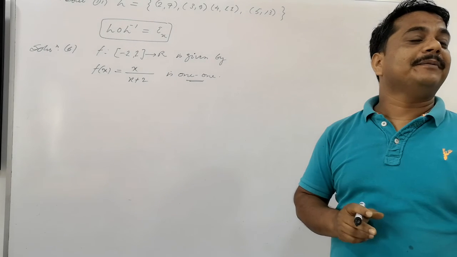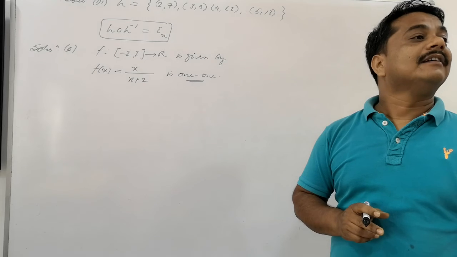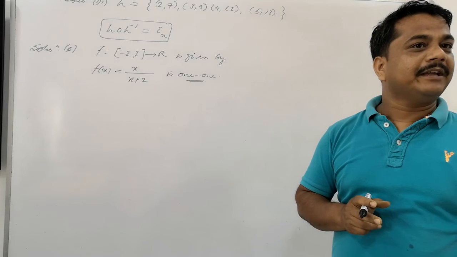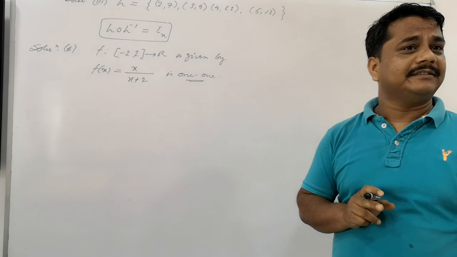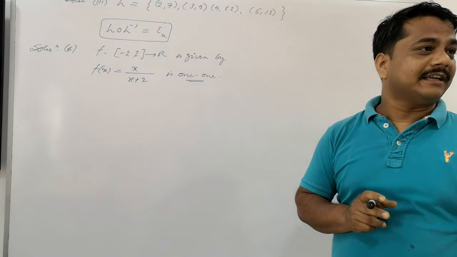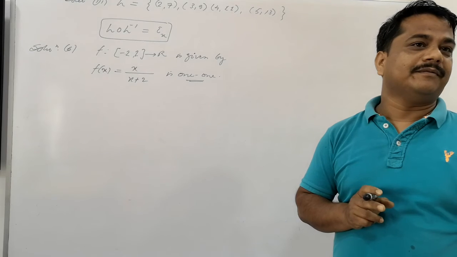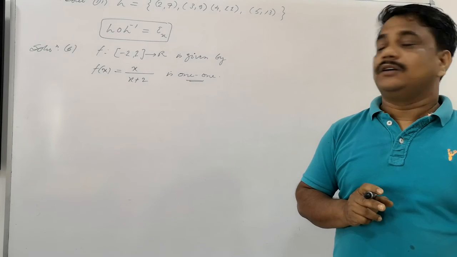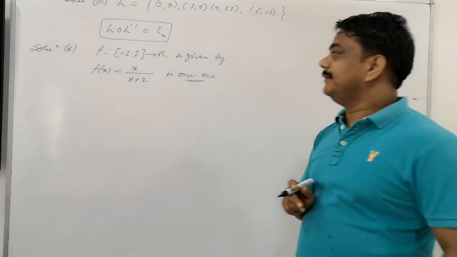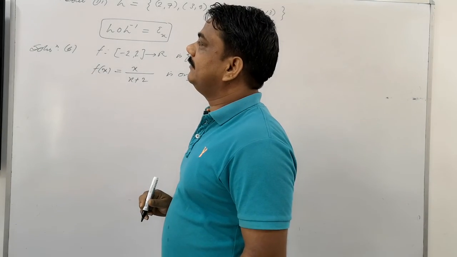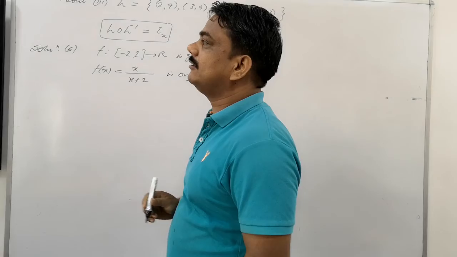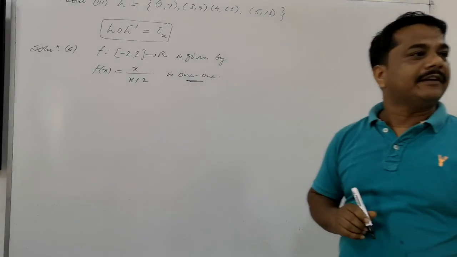A function from A to B is said to be 1-1 if each x has one and only one image. Means not two images it's having. Is that clear? It's called 1-1. Right now, what is called onto? It is 1-1. Find the inverse of that. Inverse also to be found out here. How can you find out the inverse?